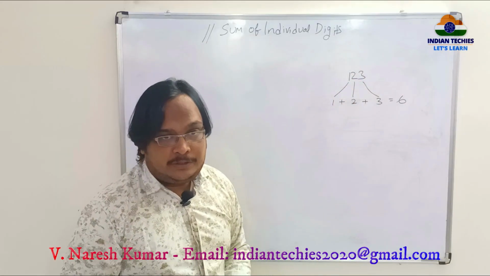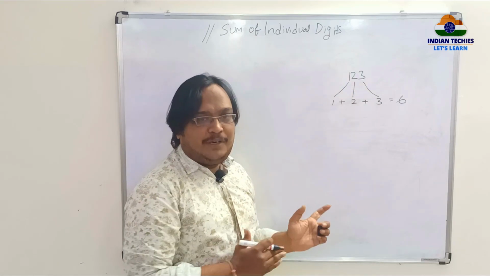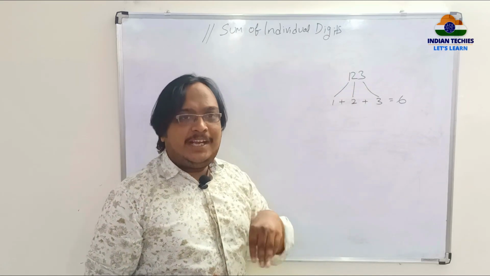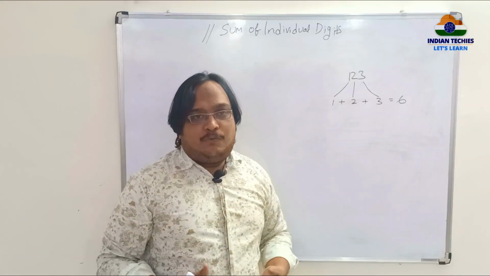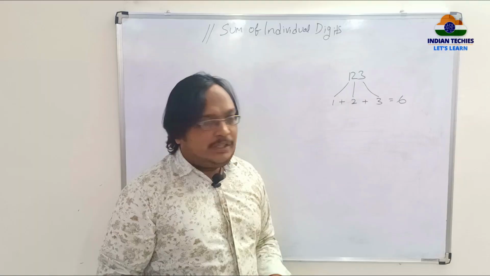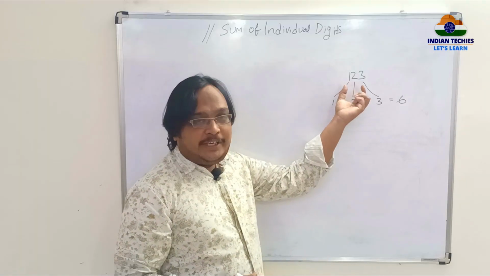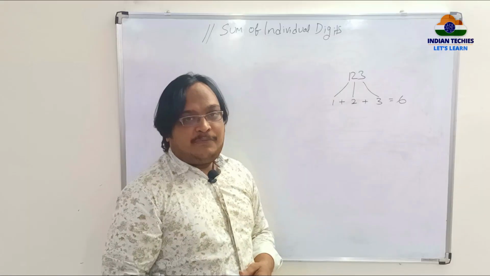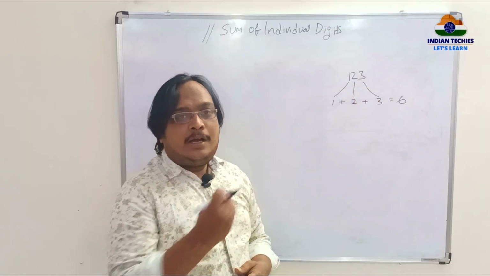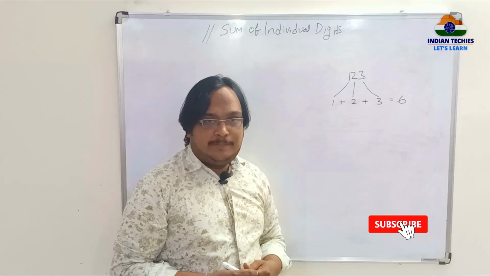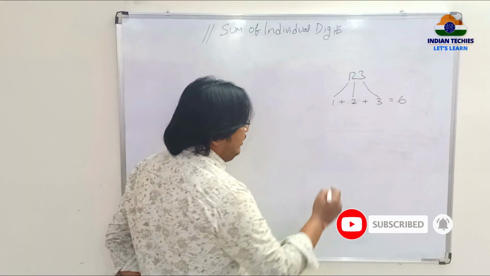How does this logic come? I am taking the example of 123, but this logic applies for any number that you give as an input, because we cannot expect what input the user gives. So this logic should run for any number. Now I have taken the example 123. From 123 first I have to take 3. So what operation, if you perform on this number, will get you the value 3? For example, see.